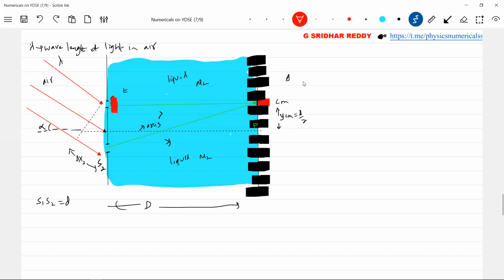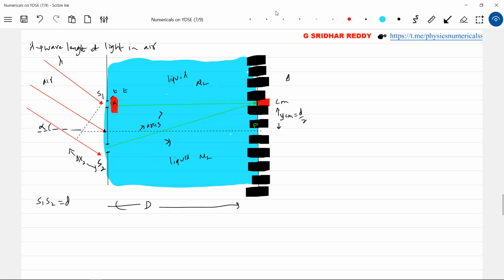Okay, right equation. This will be T. This will be mu. This is S1, S2. So we'll do one thing. We'll write the set of equations. Let's not bother about getting the answer now. We'll write as usual our equation. Net path difference equals path difference of the rays after slits plus path difference of the rays before slits. So that should be equal to n lambda. The YCM center should be there.